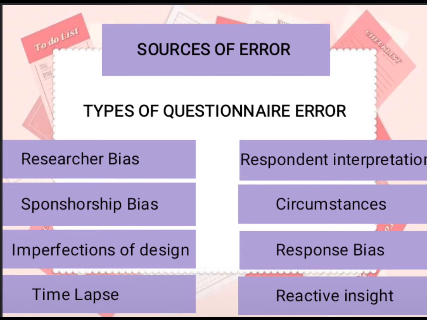2. Sponsorship bias. This bias results from the researchers' hopefully unconscious attempt to produce research results that will please the outside agency funding the research. 3. Imperfections of design. Weaknesses in the design of the questionnaire can result in biased or inaccurate responses. 4. Respondent interpretations. As implied earlier, varying interpretations of the facts and key terms by the respondents also can result